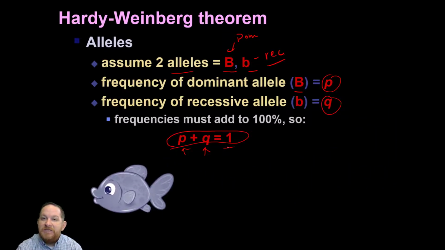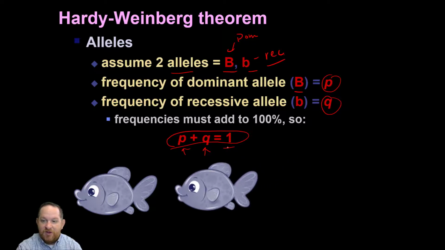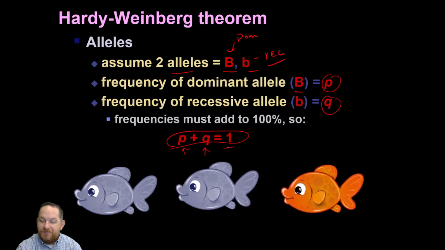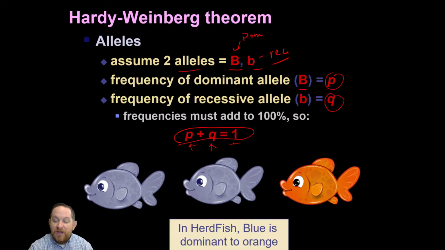So let's do an example. Some little herd fish. I call them herd fish. Just made that up. And if you look at these fish, you might notice, okay, some are blue, some are orange. Let's look at the trait for color. In herd fish, blue is dominant to orange. So if we're looking at these, we can sort of tell we got some blue ones here, we got some orange ones. If orange is recessive,